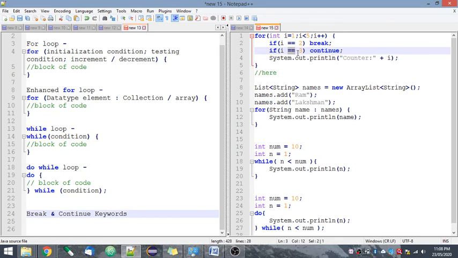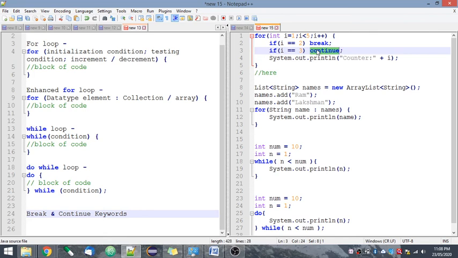So what I'll do is I'll put a condition that if i is equal to 3, then I want to continue. What continue will do is, when this continue keyword is encountered, it will go to the start of the loop, that is, to the update statement. So if i is equal to 3 and I write continue, it will go here and do i plus plus, that is i equal to 4, and then it will print counter colon 4. So continue is basically to skip the execution of some code for a particular condition.